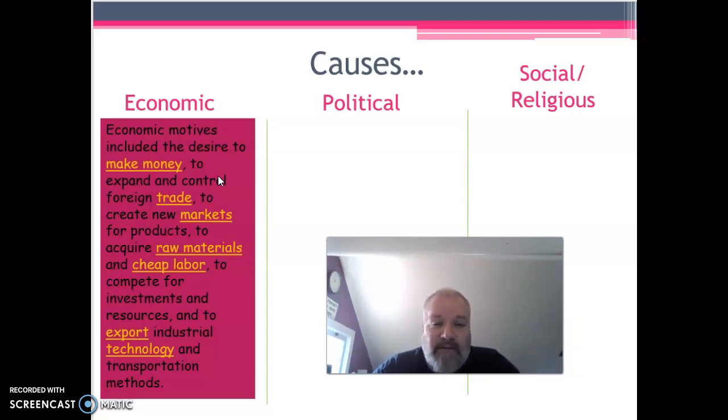Then those raw materials can be brought back to England, produced into some sort of good, and then sold back to the Indian people in their markets. So economically, it's great for the imperial powers. They get raw materials, they have a new market to sell their stuff in,